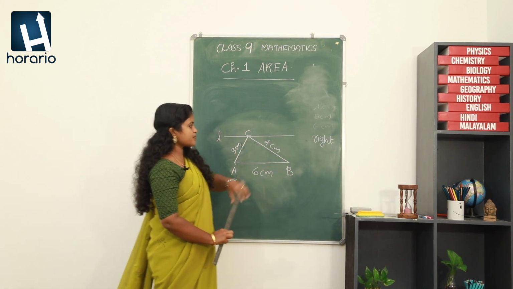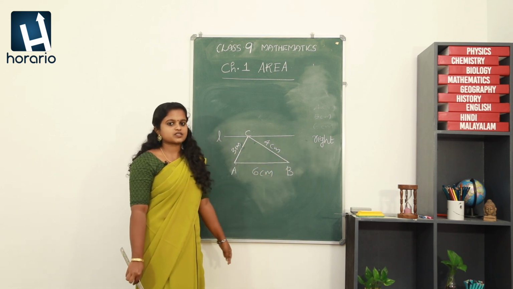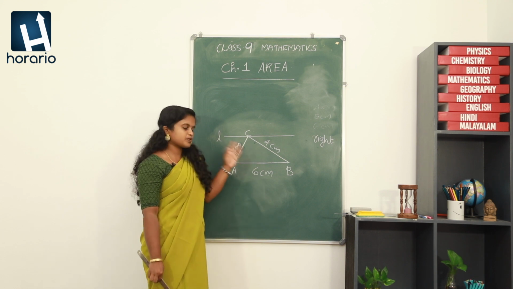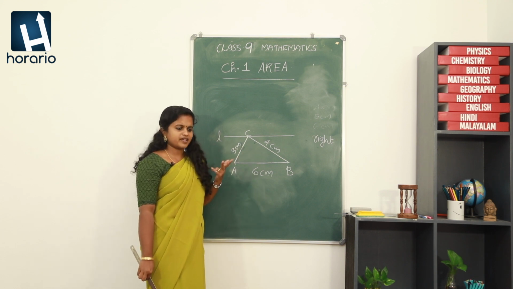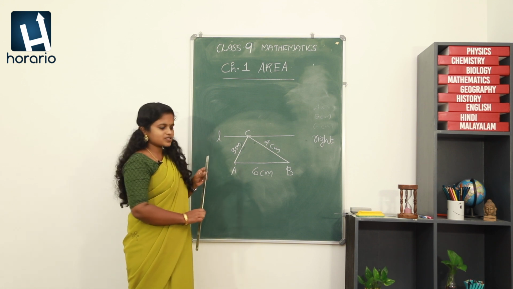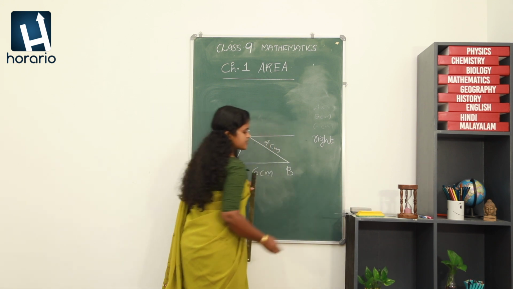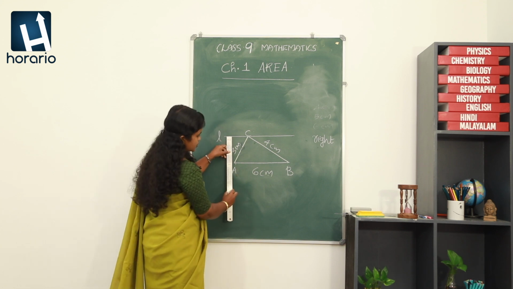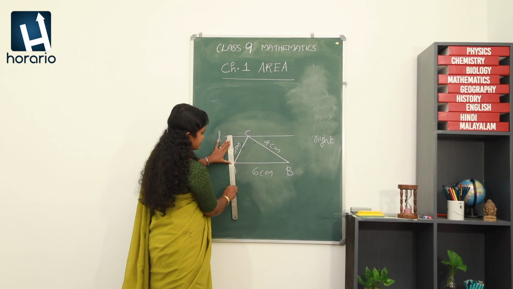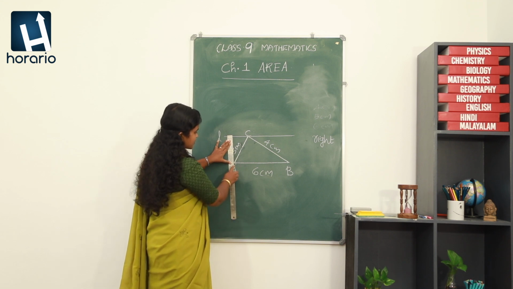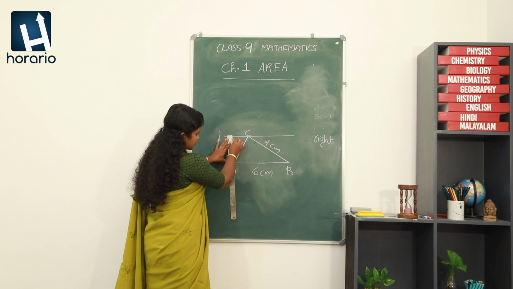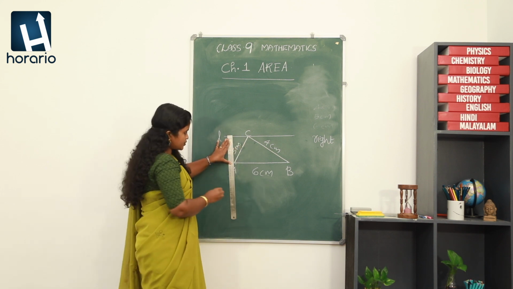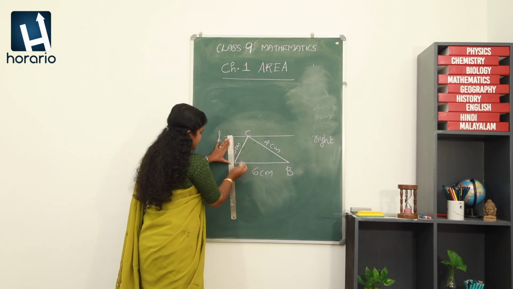Now the question is to make a right triangle. Right triangle means what? One of the angles should be 90 degrees and we are not supposed to change the area. Then it is very easy. What we can do? We just have to draw a 90 degree line, a perpendicular line to the base. I am going to draw a perpendicular line to the base starting from A and it will be touching this parallel line. You have to draw the perpendicular line using a protractor and all. I am not doing like that. So I got a perpendicular line.